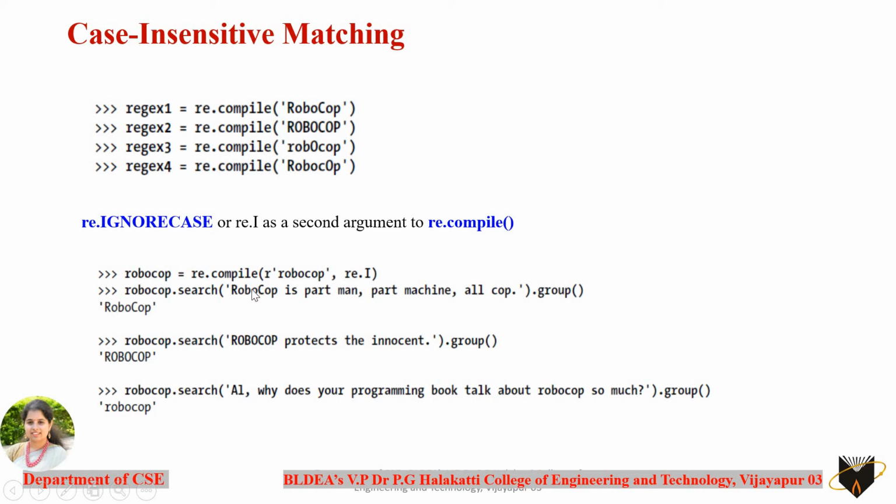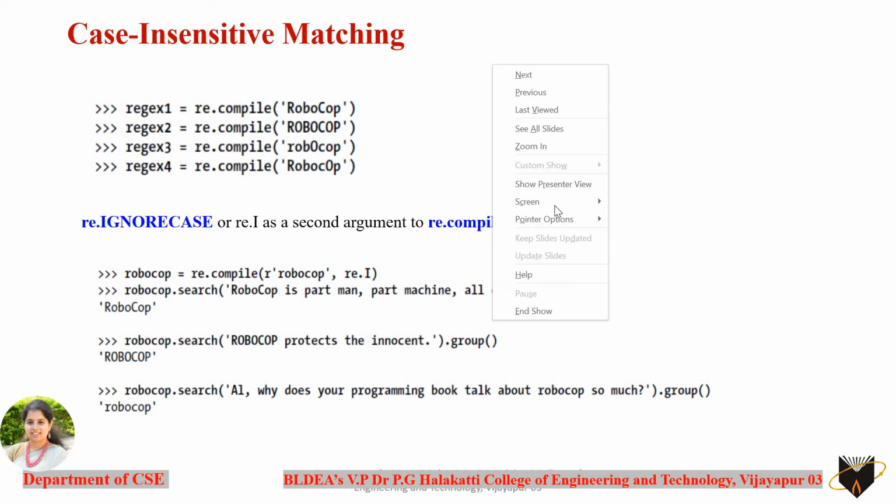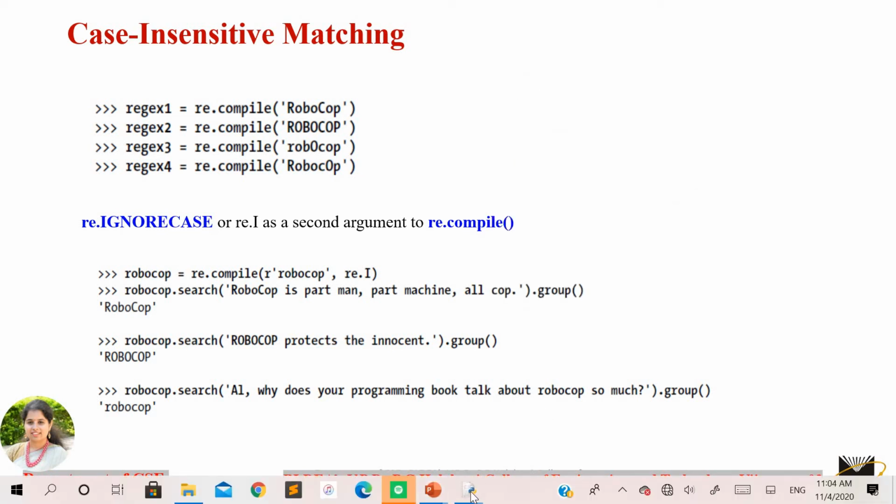If you use the object of this pattern that you have created here on this input string, where you have Robocop in a different way than the pattern you designed, since we have taken case insensitive, though some of the letters appear in different cases, that is also going to be matched as a result. In the second example, you can see it again has different cases, and due to the insensitivity, even this is going to be matched, and the same with the third example as well. So let us see the same thing with an execution here.